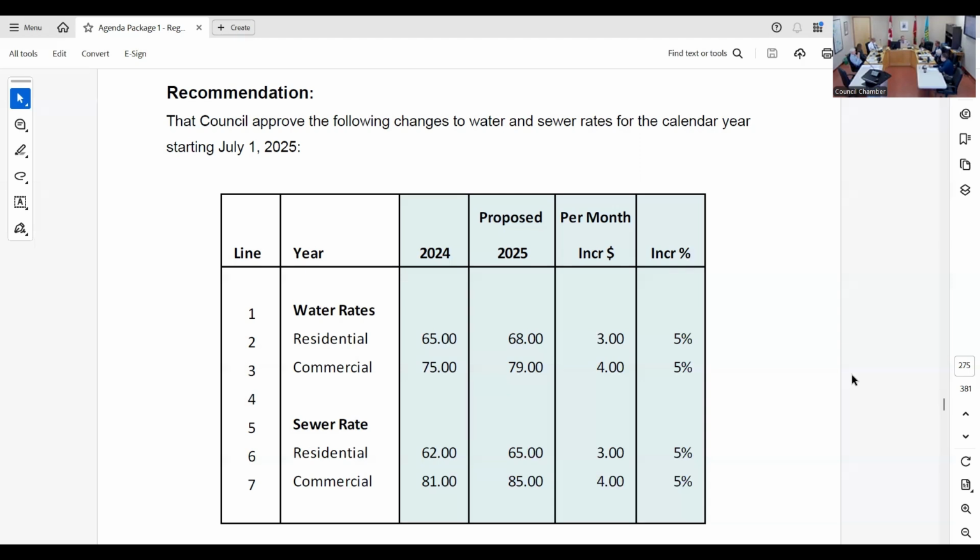Okay, so this is always a tough one. In the past, it seems like a lot of times there's only one or two people on here that actually get water bills, and so we usually hear from them. But it's one of those things: if you don't keep up with it, you end up spiking it a lot more than what it needs to be. So there is a recommendation here, which council is